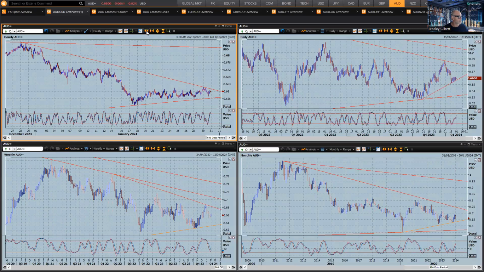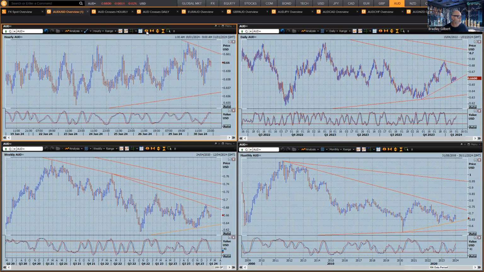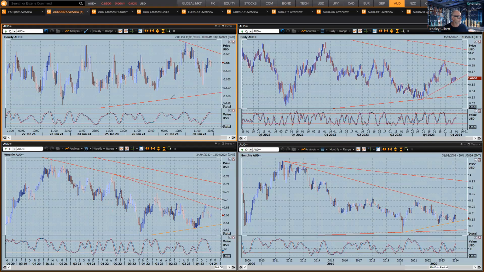Now, what I would be doing is really blowing up my hourly chart so I can see very clearly the levels. Focus on this level. There could be an opportunity on a weak number. Don't forget, this is a CPI number, a lot of pressure, a lot of focus on it. So liquidity at the time of the release might be tricky. I'll be looking to trade live or, if I was using a pending stop entry, give it some room on the downside, because really the ideal entry level here, this is what the technical levels do for us, give us